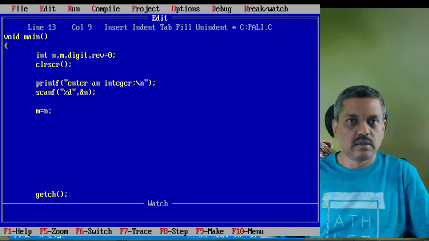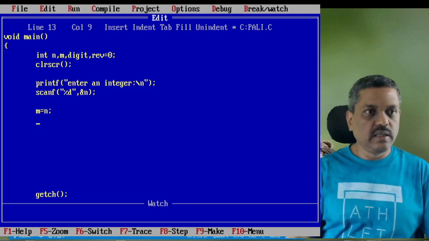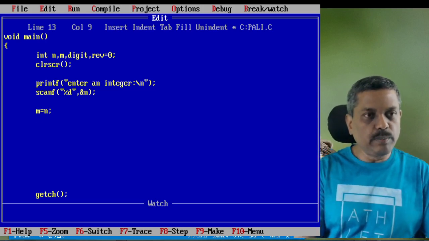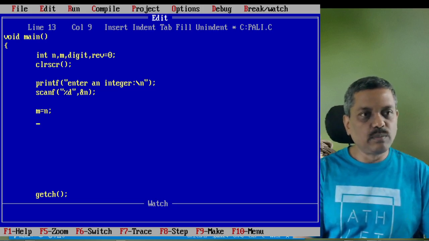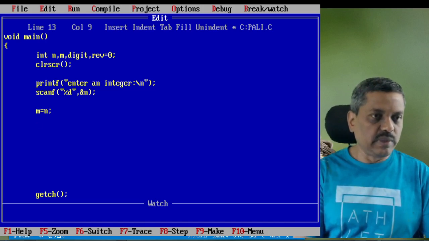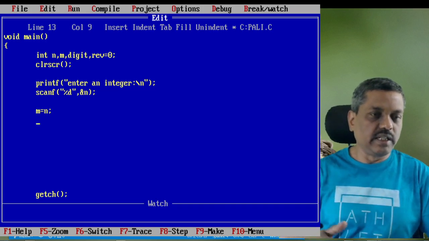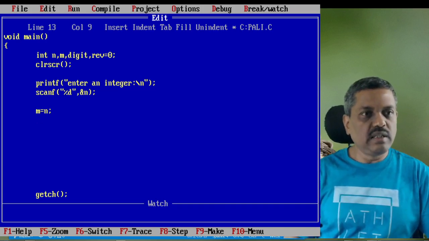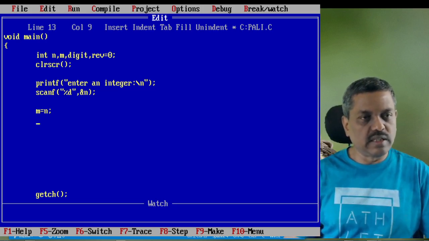What is that process? This is a very important aspect: you have to keep extracting until the number gets exhausted. We do not know when it will get exhausted, because I may enter a two digit, three digit, four or five digit number. More than five digits is not advisable, because the limit of the integer is 65,537, up to that. On the negative side also it may go. Anyway, we are not interested in going beyond 5 digits. That is why I have declared it as integer. Otherwise I would have declared it as long integer.